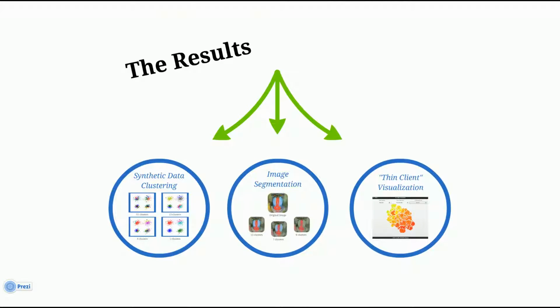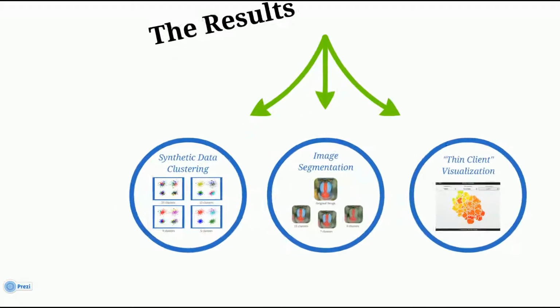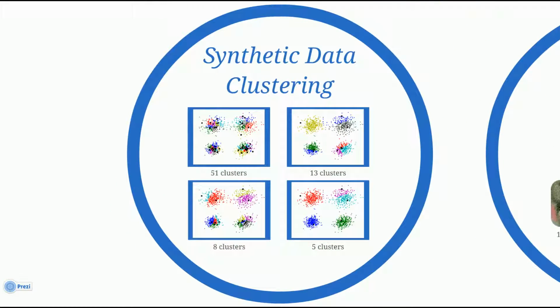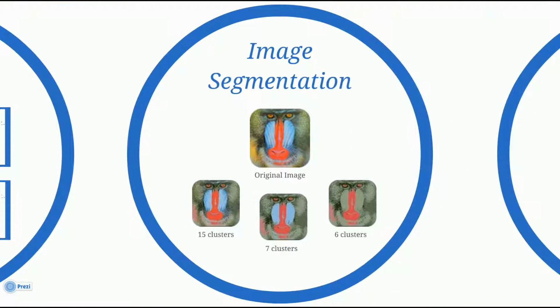Once we've extracted clusters, we now know a little bit more about the underlying structure or patterns that exist within the data. In these results, the clustered groups represent clusters within the dataset. From left to right, you can see the subclusters as they group together into subsequent hierarchical levels. In this example, hierarchical affinity propagation was used to perform image segmentation by clustering groups of pixels based on similar